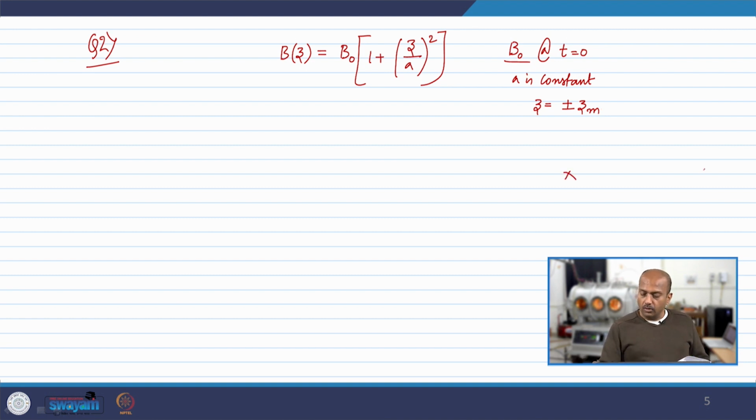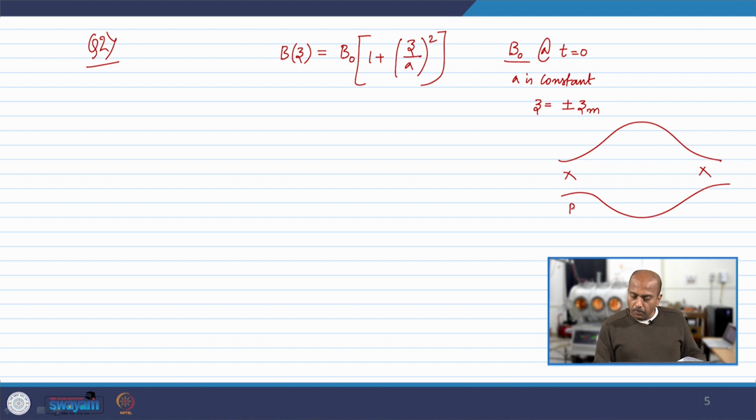You have this, the magnetic field is like this. This is the bottle configuration. So, what are these cross points, P1, P2? These are the points of confinement or the mirroring points. This is given. When you have been given this type of configuration, what you are expected to solve for is, let us imagine a particle that is trapped in this particular magnetic field. We have to obtain